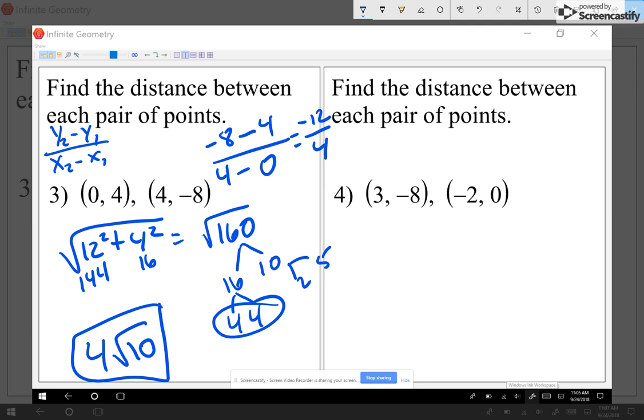Yes? Take a look at my example 4. I heard yes. Never mind. All right, let's take a look at question number 4. I'm going to go 0